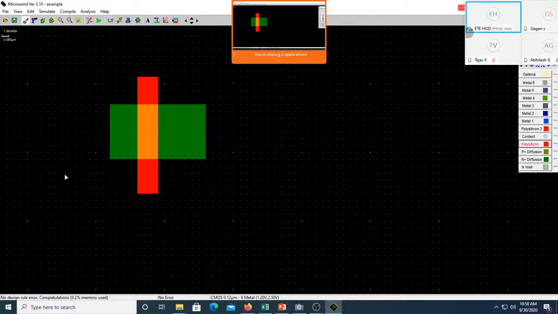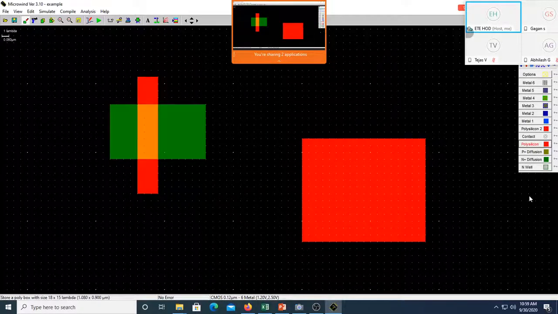Yes, sir. These are all the errors. You need to make sure that there are no errors in the layout drawing, so that you can easily fabricate the transistor of required dimension and specifications. So when you draw the layout, at the end or in between, you have to always keep checking the design rule errors. Are you violating any of the lambda based rules? If you're not violating, then it is fine. Suppose I put some NWELL, of course we'll see all those things in the coming classes.